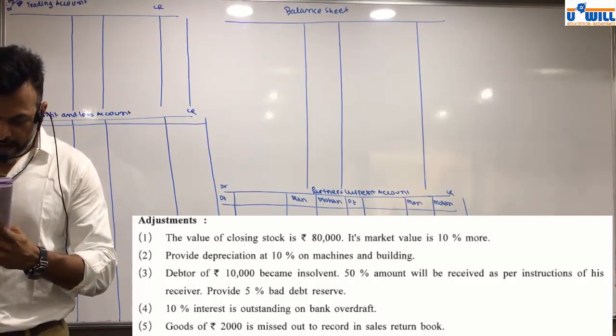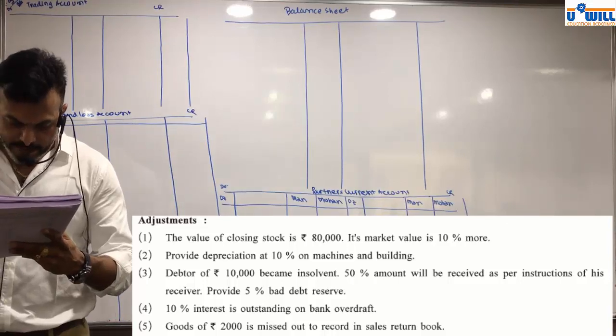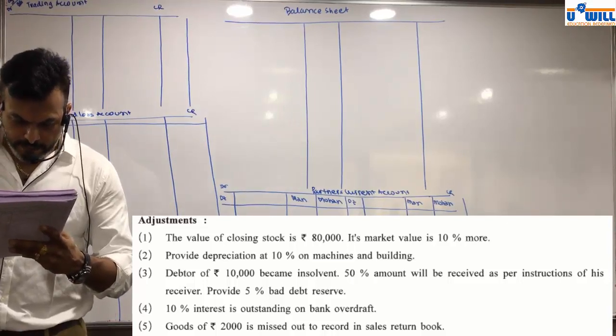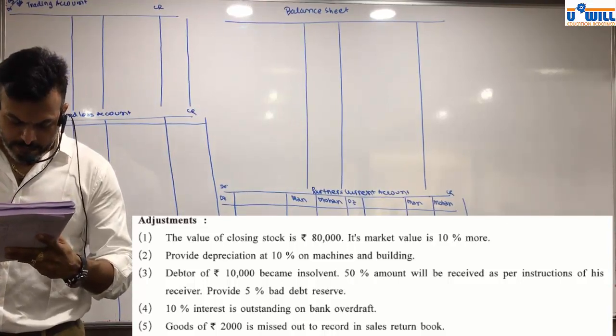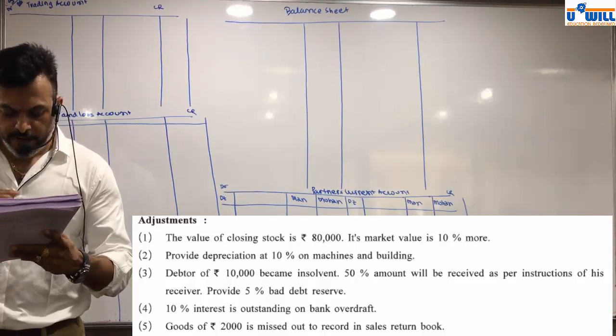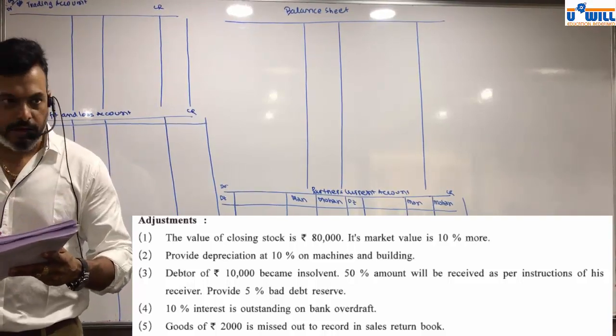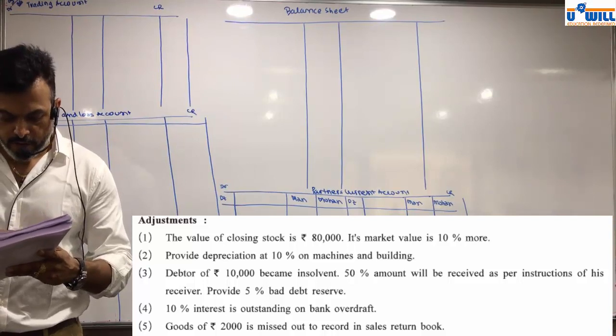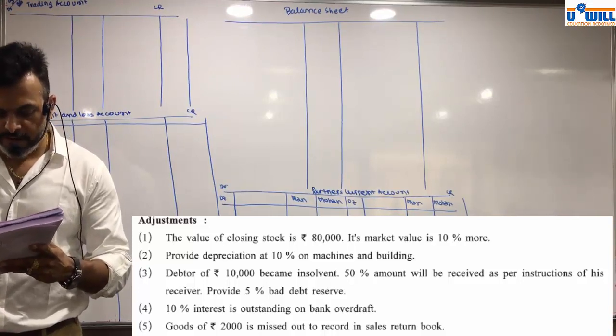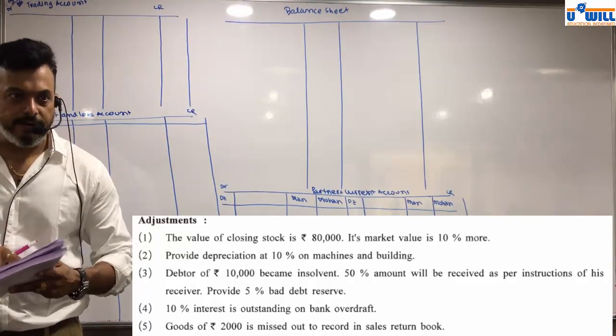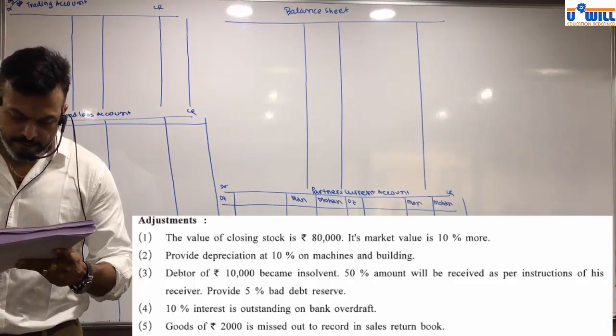Where it is 3,000, tick the bank account. Hidden adjustment. 10% is completely outstanding. Okay, it is given like that. So the interest on loan above, we assume it belongs to the partner. Okay, then